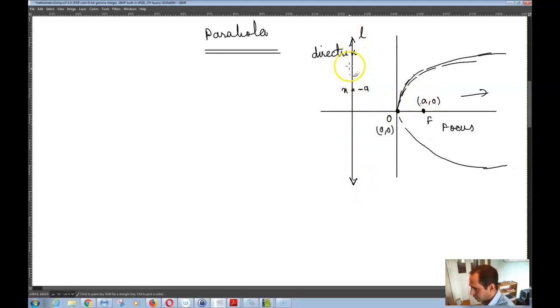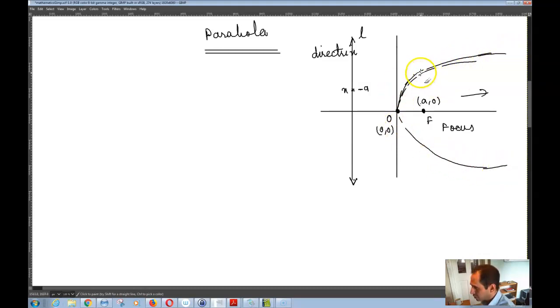So if you have a line at x equals negative a, and some point at (a, 0) on the x-axis, then relative to this point and this line,